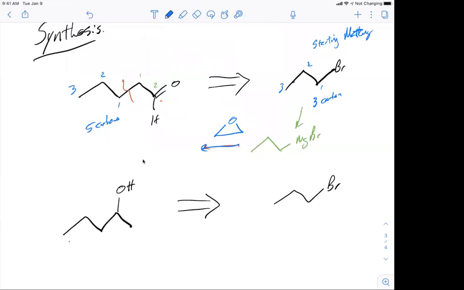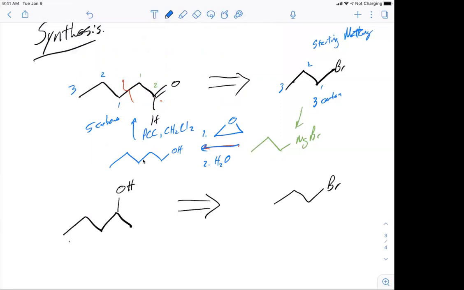Remember, the epoxide is a way to add 2 carbons with a terminal functionality. So when I add the Grignard, it's going to give me this, right? So 1, 2, try to add a proton source. And then all I need to do is oxidize that up. I want to use a mild oxidant, right? So PCC